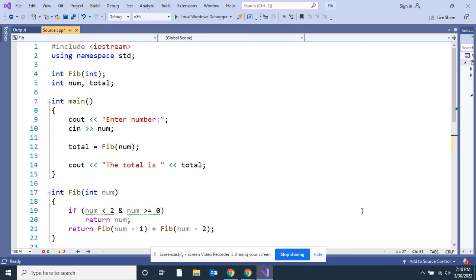All right, guys, we've got a little more recursion here to go over today. Like I said, I'm just going to keep hitting this and trying to explain it in different ways. All right, today we're doing